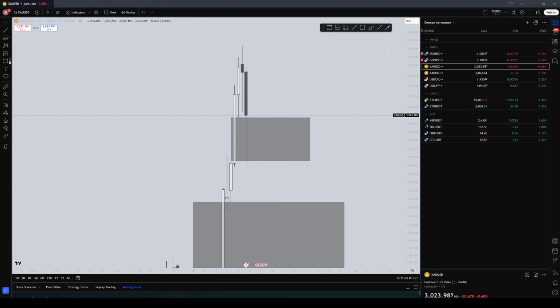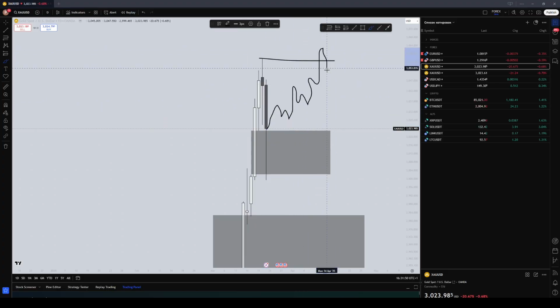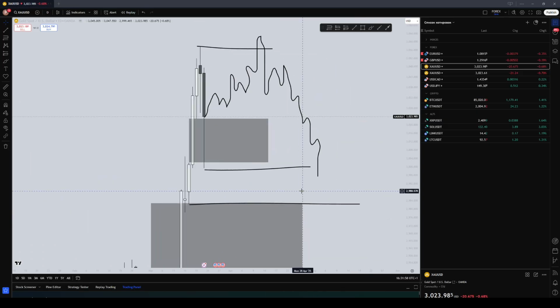So for me, the possible scenarios: if price will ignore this rebalance and will continue short, of course, I will look for continuation to the weekly imbalance of short, and after that, of course, continuation of the long. But if price will show me a good information for long continuation, I will look for long to previous week high, and after that, probably confirm and short to this liquidity and weekly imbalance. So it's like two possible scenarios.